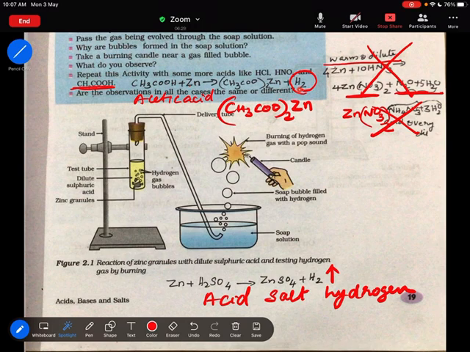So from here you have to learn this HCl, CH3COOH and this H2SO4, dilute sulfuric acid. So generally we can say metal plus acid gives salt and hydrogen. Now what happens with metal plus base? If you, instead of this acid, are putting one base, metal plus base,